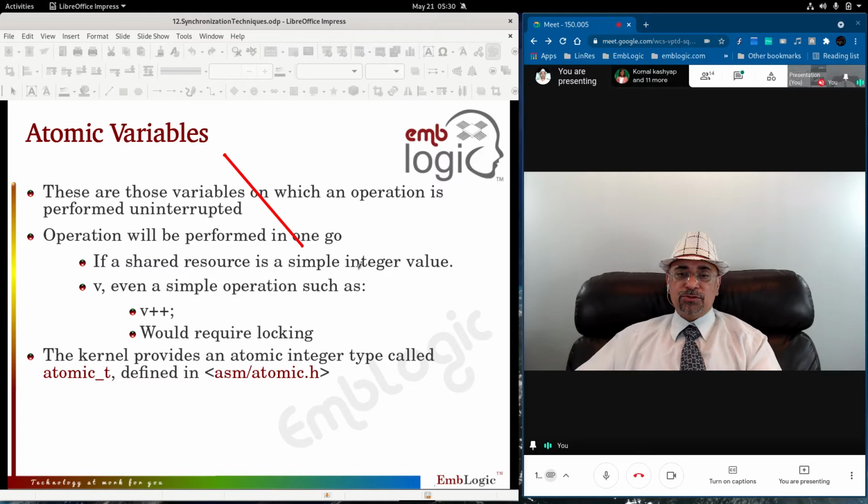If a shared resource is a simple integer, then incrementing it also would require locking. Simple operations like incrementing or decrementing the variable, unary operations, also one of the simplest operations, also require some kind of locking.